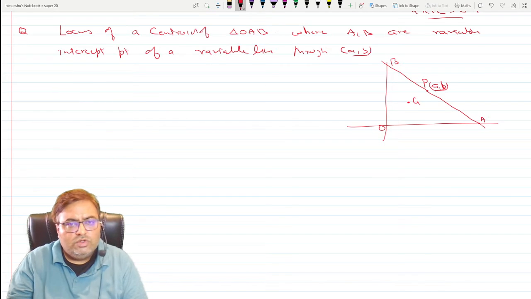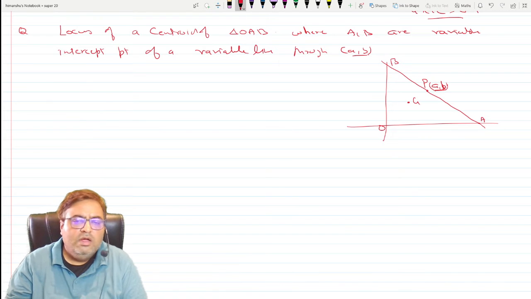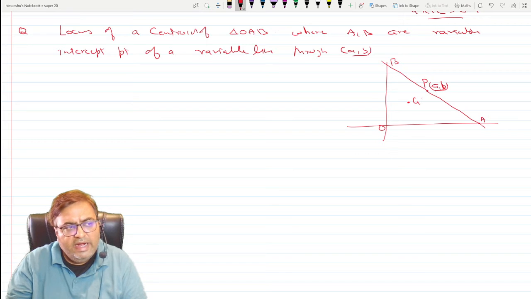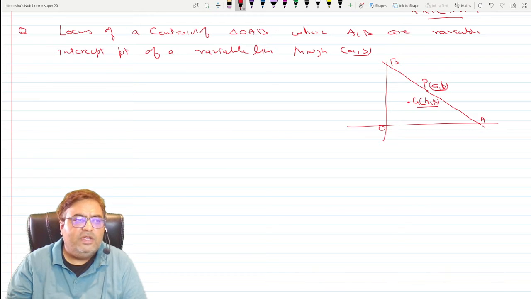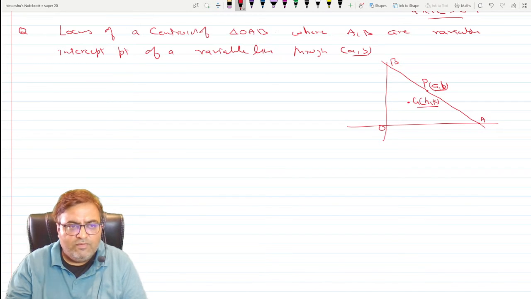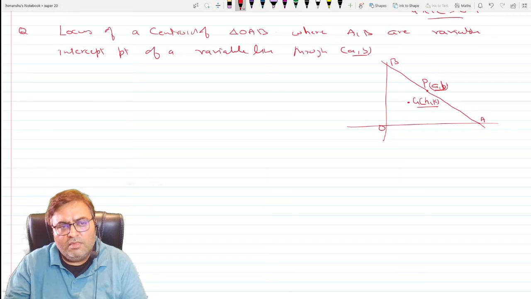Okay. So for finding the locus, what was the first step in our method? Draw the diagram and represent all the given things and assume the coordinates of the point whose locus is required as (h, k). The second step was to write all the conditions in algebraic form. Convert all the given geometrical conditions into algebraic form and assume variables if required.